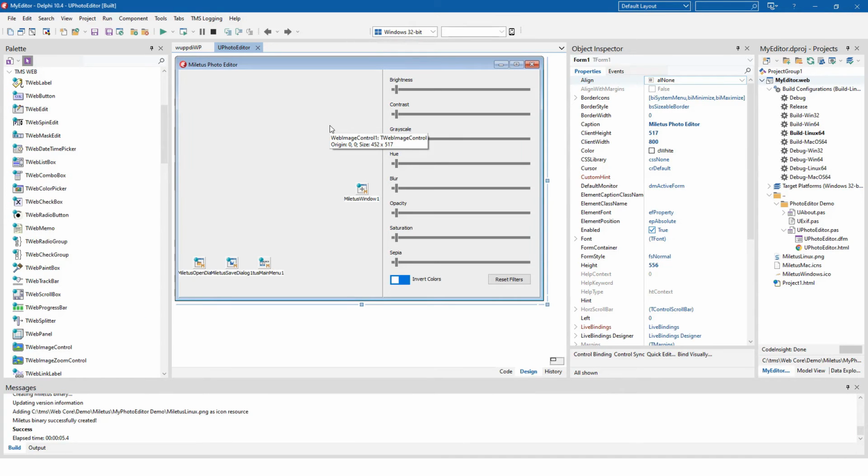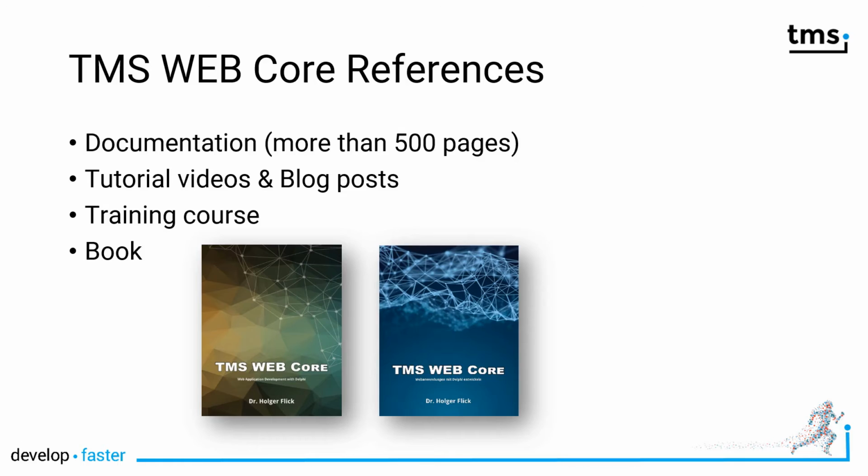So hopefully I could show you the power of emulators that you get if you develop web applications instead of standard desktop applications, what kind of advantages you will have in the future. So these were the examples that I wanted to show you, focusing on form design to deliver applications that are truly cross-platform and run on any device with a user interface that is even responsive for each of the devices that you might use. Because this is such a huge area, web development, I could only touch the surface of